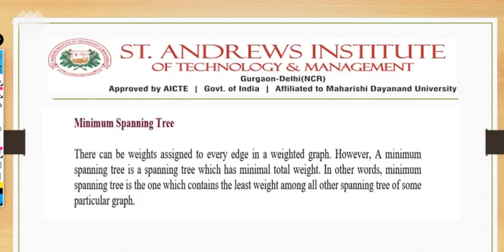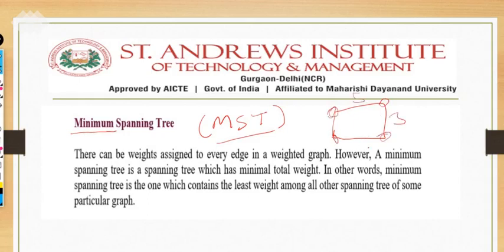Next we have the minimum spanning tree. I have just added the word minimum here. It is also known as MST, and it may come directly in this short form in the exam. This MST stands for minimum spanning tree. The minimum spanning tree suggests that in the graph, if edges consist of some weight or distance, we have already covered how to find the minimum distance in order to cover all the vertices. Same thing here: edges consist of some weight. On the basis of those weights, we have to find the minimum total weight to cover all the vertices.